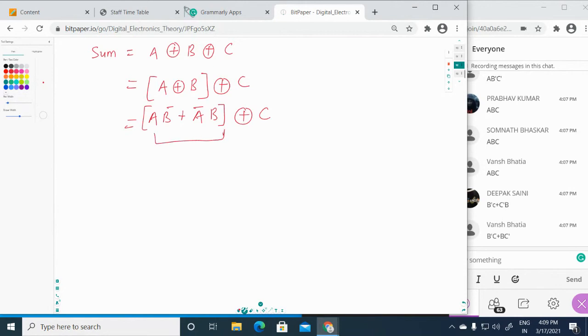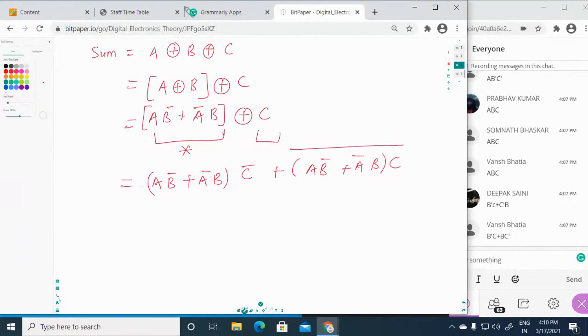Now you use the same operation here. Let's consider this complete term as A, and this is your C term. Now use the same operation here. So quickly, how can you write it? A bar B into C bar plus A B bar plus A bar B, then C complete bar.